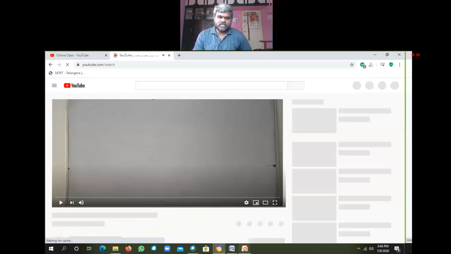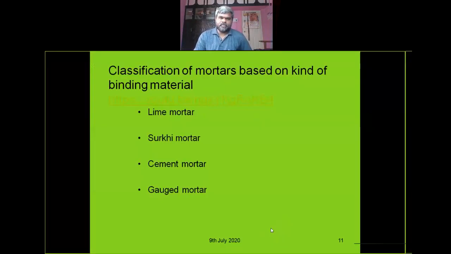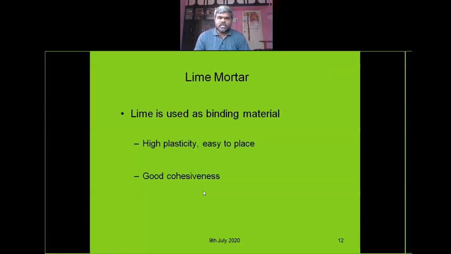That is the different proportions and classification of mortar, like lime mortar, surkhi mortar, cement mortar, or gauged mortar, right? So it is explained very neatly. If you are using lime, fat lime, or class A, class B, class C lime, where it is used is explained. Surkhi means a brick powder which is used in mortar instead of fine aggregate. And here cement mortar means cement is used, and gauged mortar means some gauge material is used, like blending